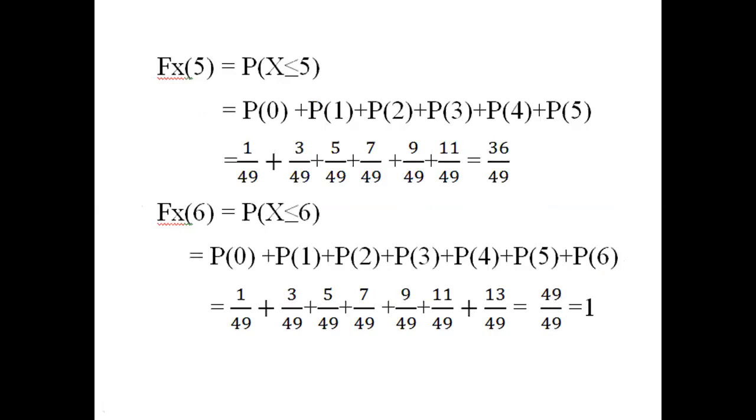If we observe this problem, suppose at the final value you are not getting 1 here, then you have made a mistake somewhere in the problem. So finally we are getting 1, then only the procedure is correct. That means the corresponding distribution functions are correct. This is the way to check whether the problem is right or wrong. Finally, the distribution function becomes 1. So this is the distribution function.